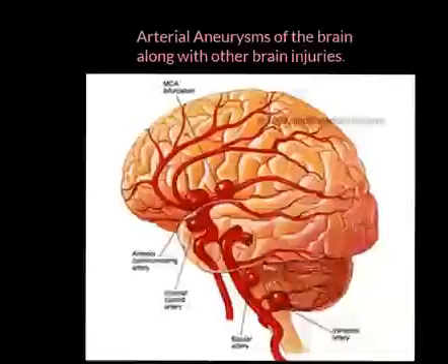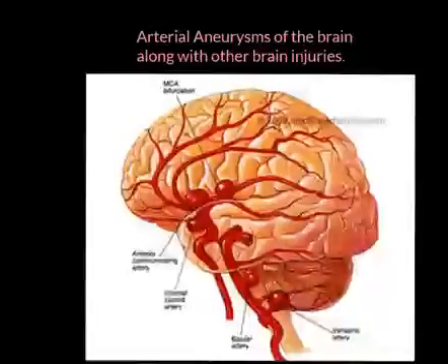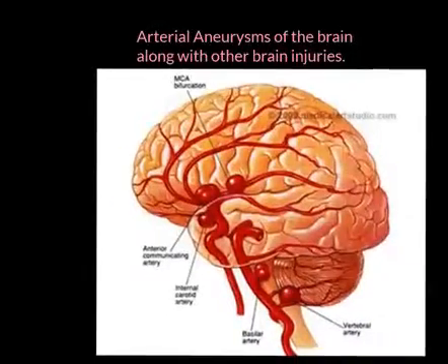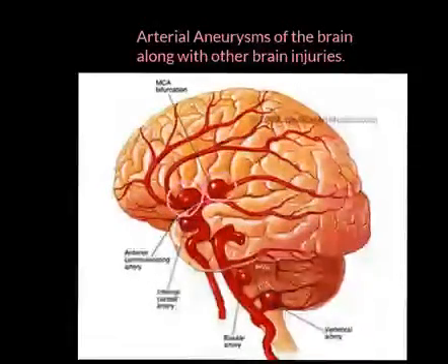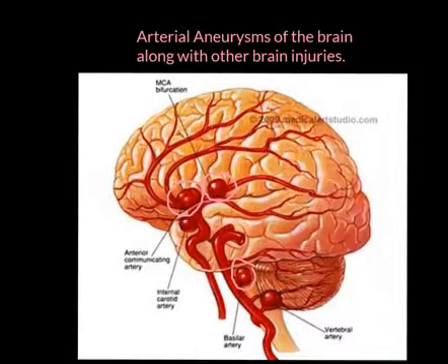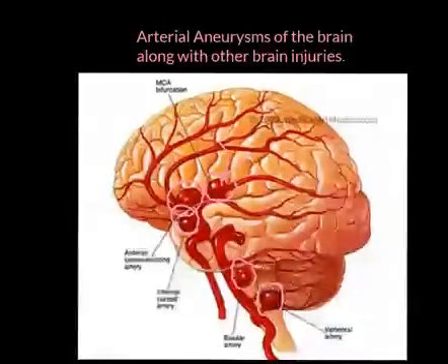Here's a picture I got from medicalartstudio.com. I hope they don't mind me using it. It's from 2009, so it's a little old, but it's still very, very useful. So you can see these bulged out areas in the brain that are very typical looking aneurysms. So here's one and here's one. They're called berry aneurysms, because they look like little berries coming off of the vessels. And these things, when they pop, they bleed out to whatever area